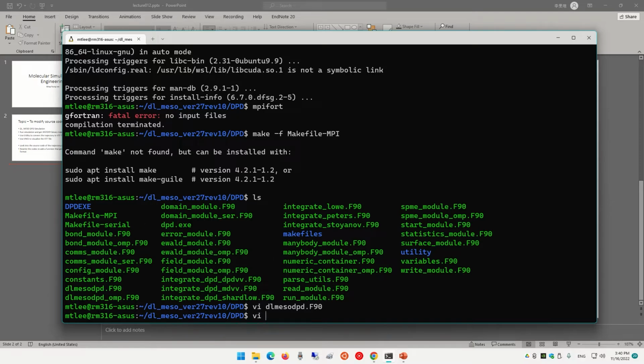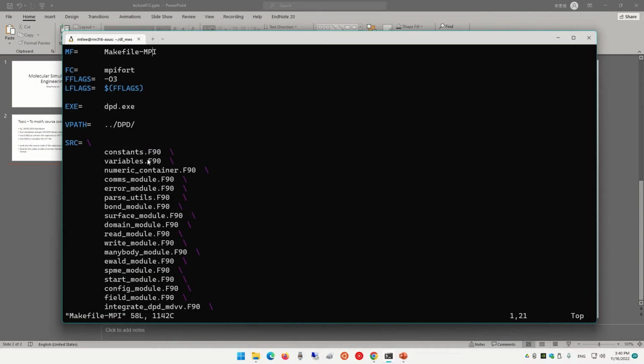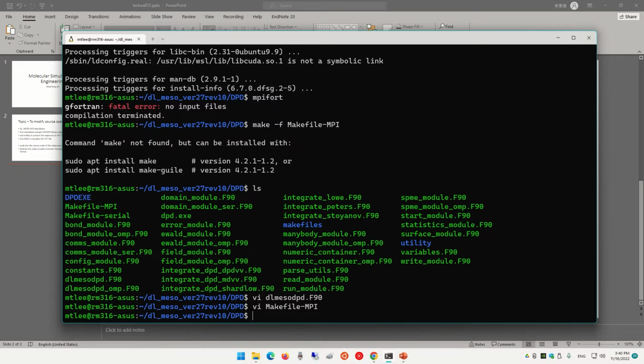So let's go back and look at this again. All the files will be wrapped up by MPIFORT and it goes to dpd.exe. Okay, so this is all we need to do. We need to install make.